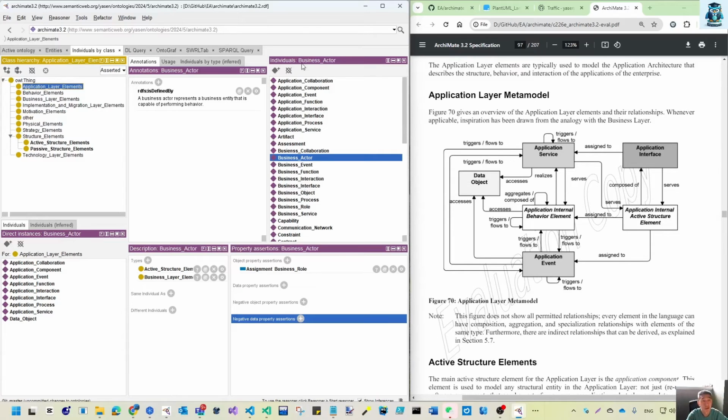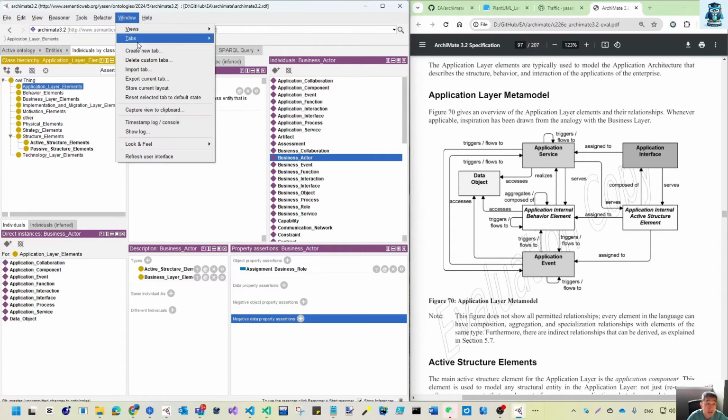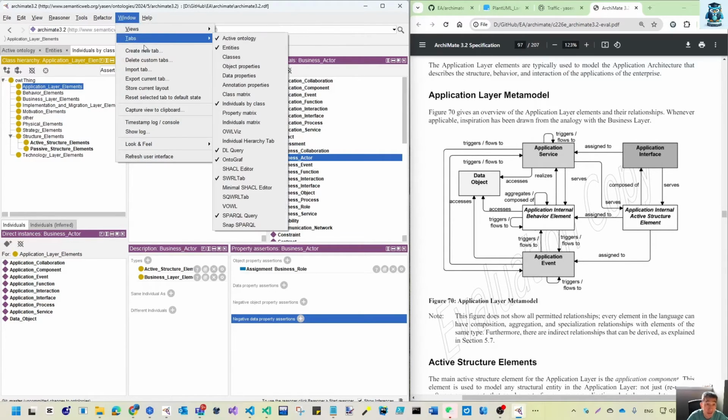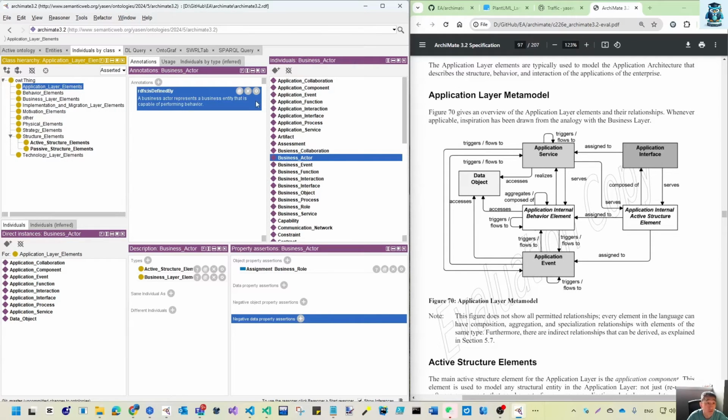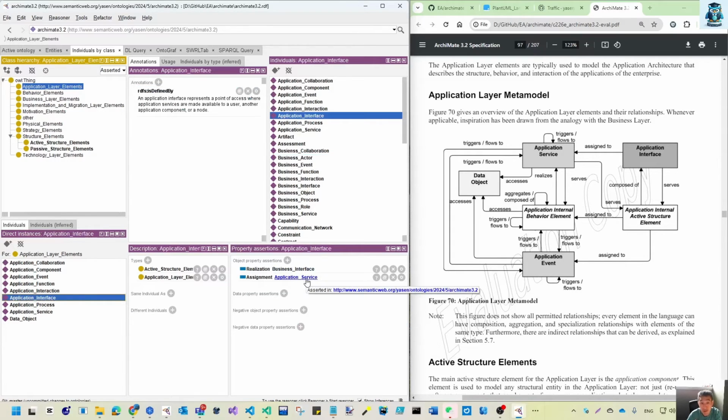You may see your Protege slightly different from mine because you can customize your view, your tab. So you can put individual in whichever tab you want. But for me, I like to have a full list, and also here I have a small list under this specific class. Then if you come to the application interface, you can see the relations I have put: assignment goes to the application service, and also there's realization going to the business interface. That is coming from later